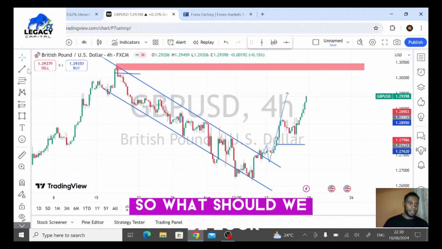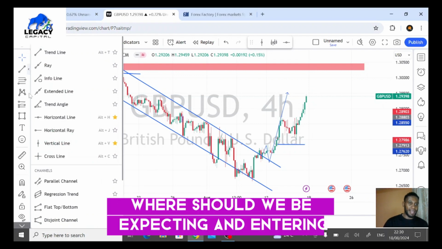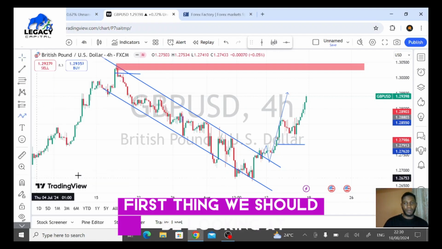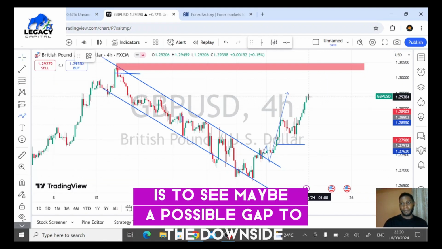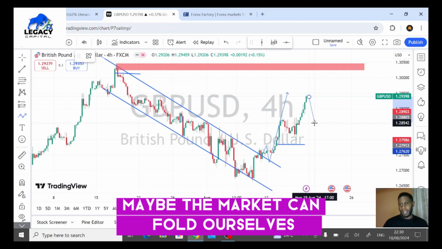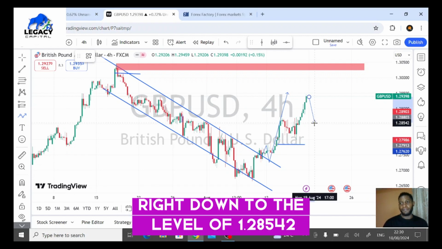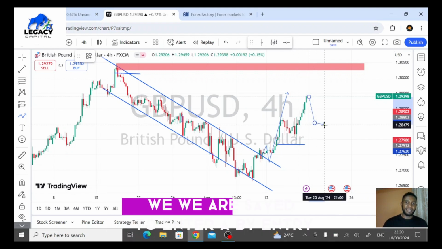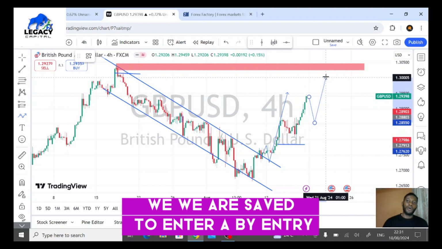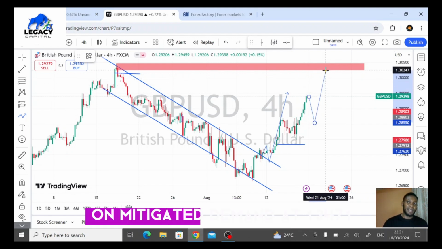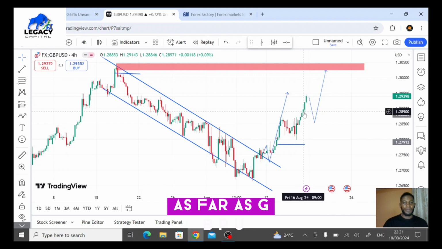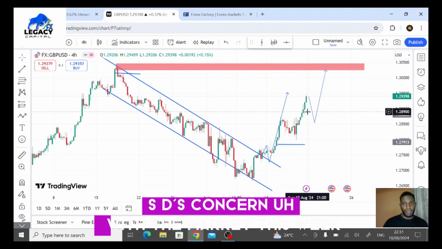So where should we be expecting and entering as far as this is concerned? When the markets are open, the first thing we should be looking at is to see maybe a possible gap to the downside. Maybe the market can further sell right down to the level of 1.28542. If the market gets to this level, of course, we are seeing a clear demand zone there. We are safe to enter a buy entry, hoping that we are taking the unmitigated demand at 1.3471 as our take profit. So this should be what we should be expecting as far as GBPUSD is concerned with the market